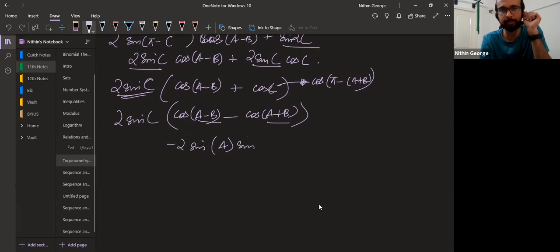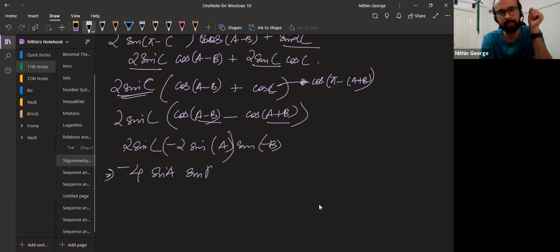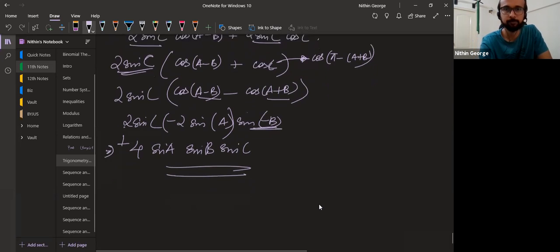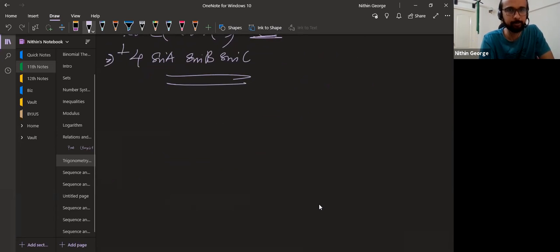Okay, so minus a and a will cancel out. Minus b and minus b will become minus 2b by 2. So that will become sine of minus b, into 2 sine c. All right, so you can write this total as minus 4 sine a sin B sin C. But sin B had a minus, sine of minus B it was. So that minus comes out here as plus, and this becomes your RHS. Got this? Yes. Okay, guys, this actually is pretty useful.